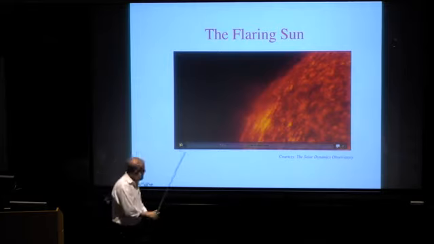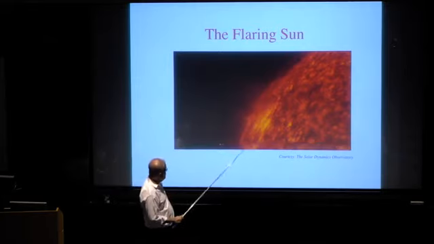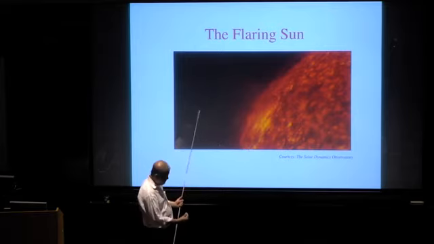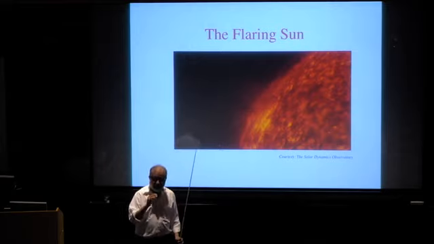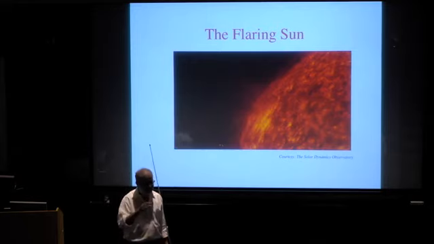Okay. If you go to the Solar Dynamics Observatory, what you will find is that this shows a beautiful erupting loop that evolves from the surface. And what you will see in that movie, by the way, is an image of extremely high resolution. I wish I could show it to you. It's not a theorist's imagination.